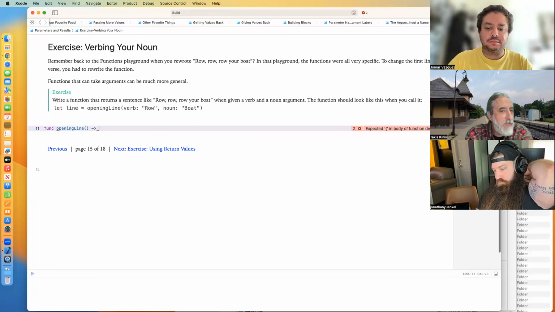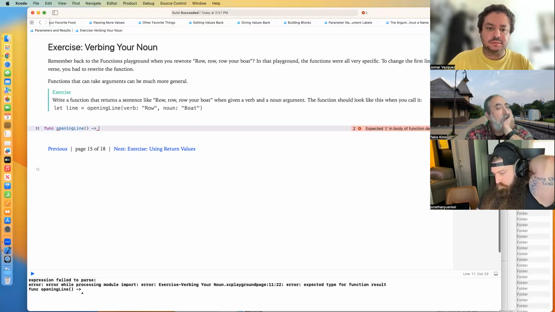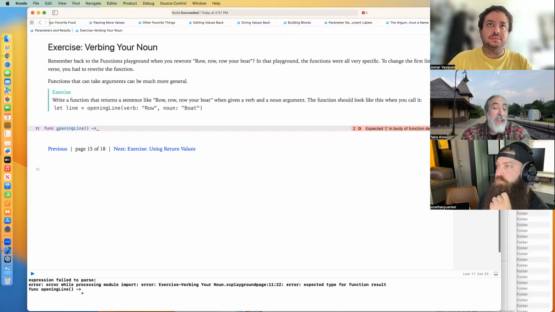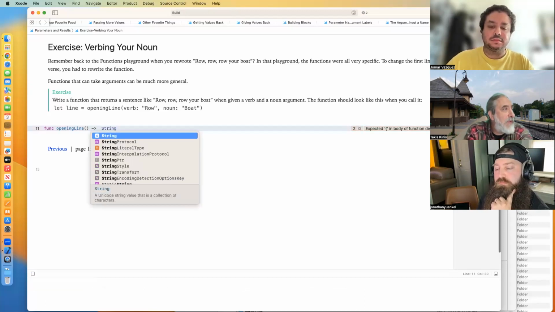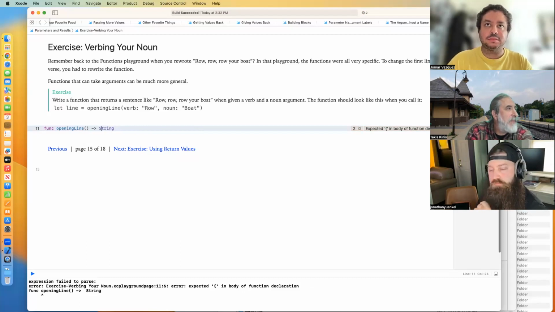Is this going to have a return? Okay, the answer to that, return could be a string. Yeah, I mean, maybe, right? We could have the function print out directly, or we could return the string. My suggestion would be to have it return a string just for the practice of it,